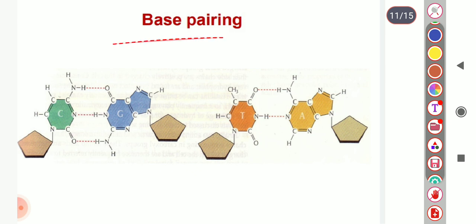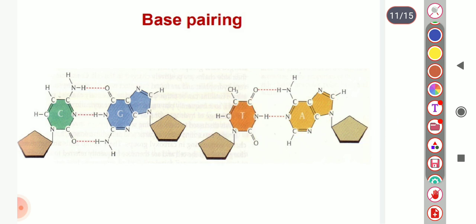These are the base pairing. You can see that between guanine and cytosine, triple hydrogen bonds are formed, and these are the pentose sugar and these are the nitrogenous base. And inside thymine, you can see this structure. Between thymine and adenine, double hydrogen bonds are formed, and these are the pentose sugar, these are the nitrogenous base,